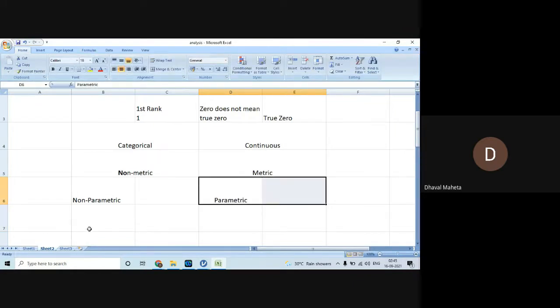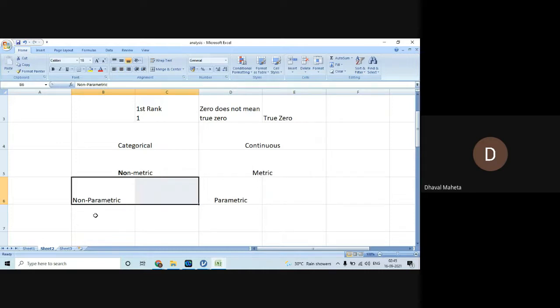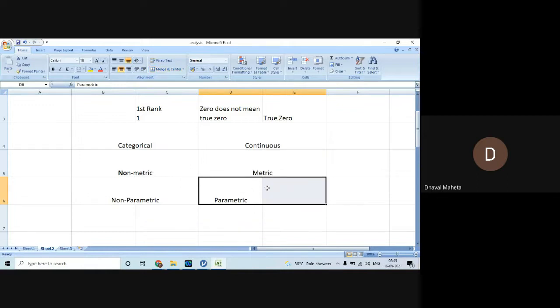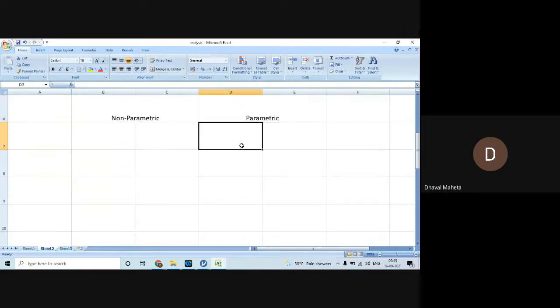Hitesh sir has given you one example of a parametric test, the t-test. The t-test and ANOVA all fall in the parametric category. In these cases, we require the data to follow a normal distribution, so there is a normality test which we have to do. This comes later on.